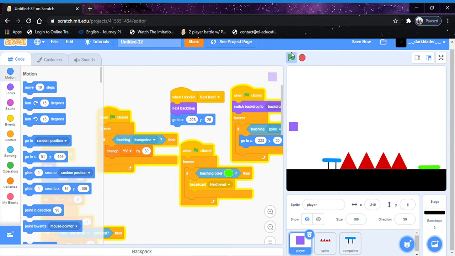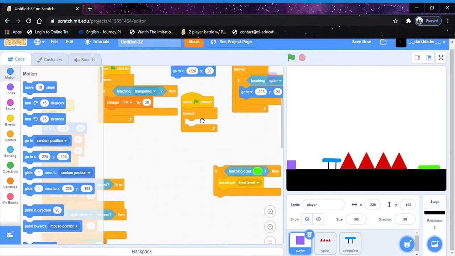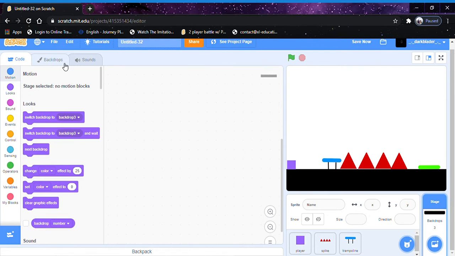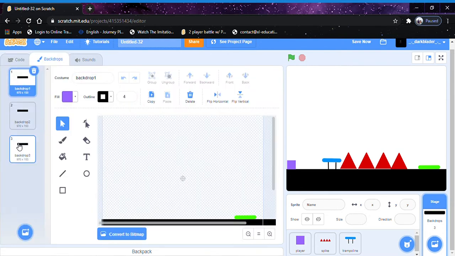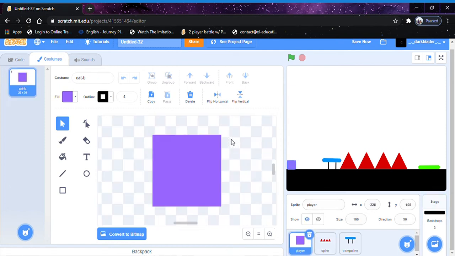If you don't know, you can see that this goes in an infinite loop. I can just keep restarting. So first thing, let's fix that. Let's remove this forever loop because that goes on throughout the game. So let's see here, backdrops. What is the backdrop number? This is backdrop number 3. The number is this. So now I'm going to go back to the player